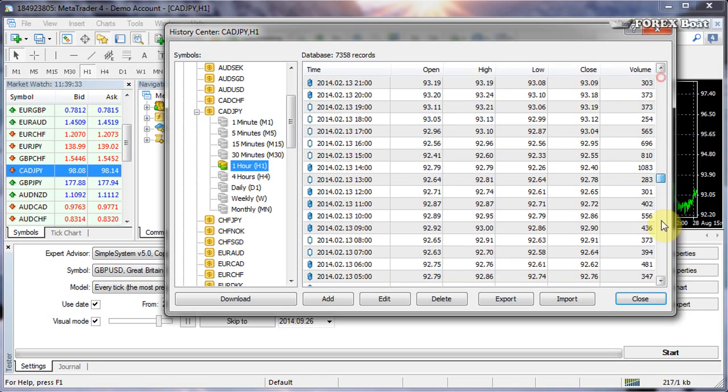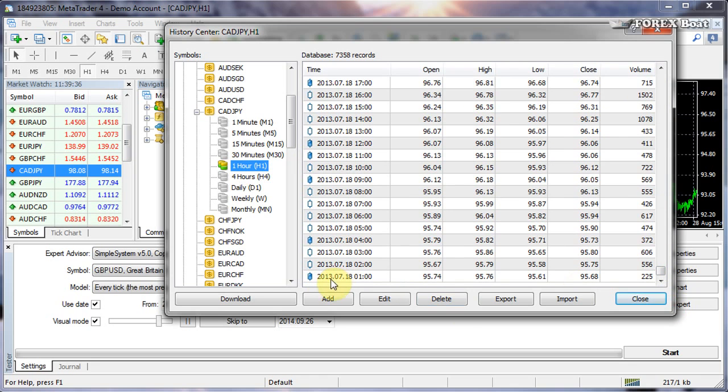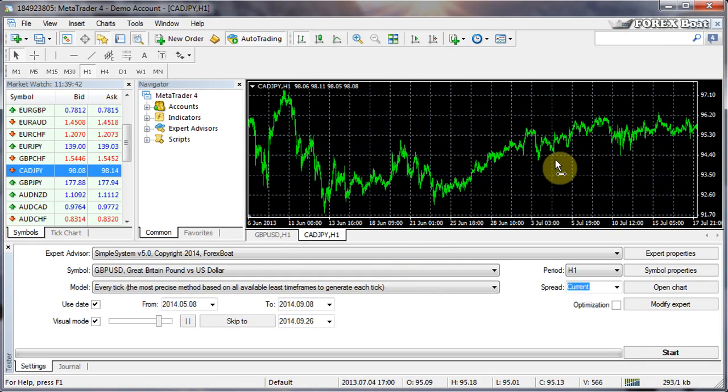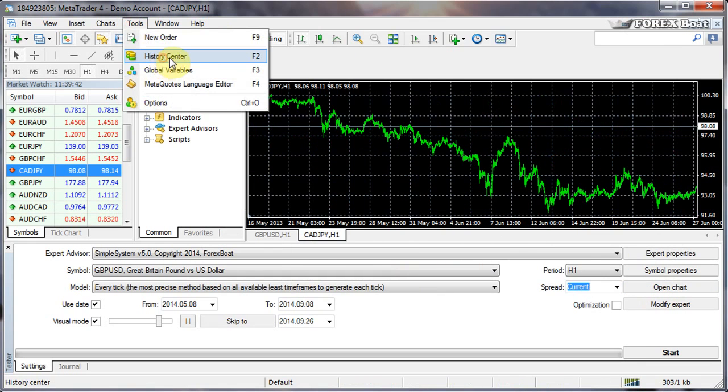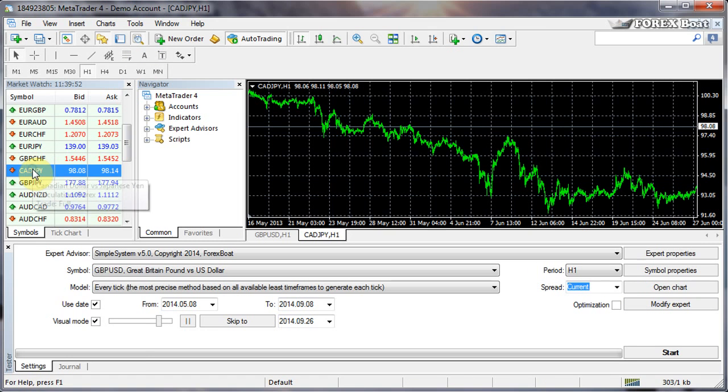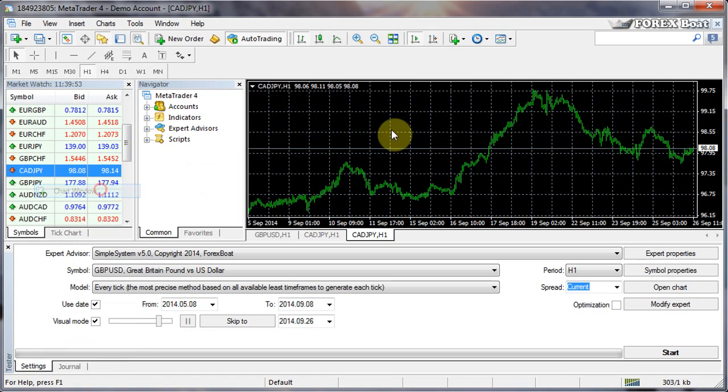So if you go here and you go to the bottom, you'll see that the latest we have right now is July 2013. Let's close that and let's scroll a bit more. And now we go back, Tools, History Center, and if we scroll down, now we can see that it's May 2013. So we can take advantage of that and download data from the History Center or from the trade server